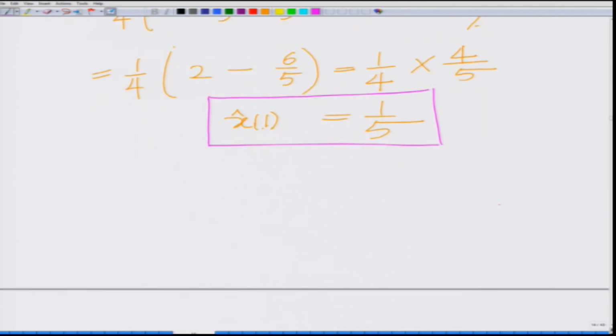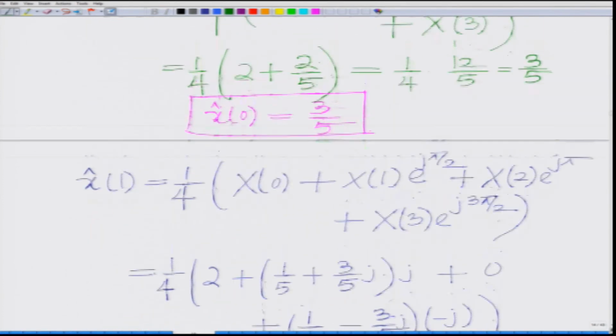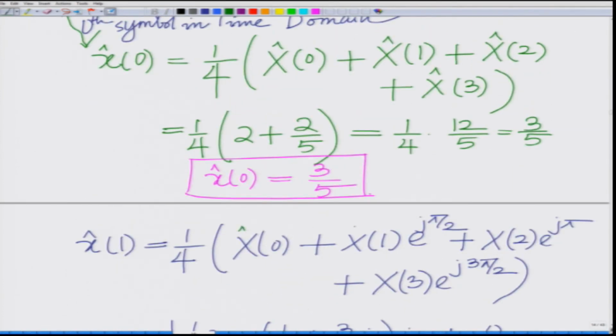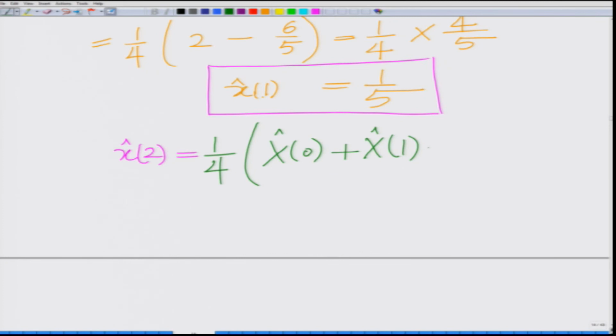So, small x hat of 2 equals 1 over 4, again simply substituting in that IFFT relation that we have: capital X hat of 0 plus capital X hat of 1, just making sure that we have written the estimates. These should be the estimates, because what we are working with are really the estimates, capital X hat of 3. So, this is capital X hat of 1 plus capital X hat of 2, capital X hat of 1 into